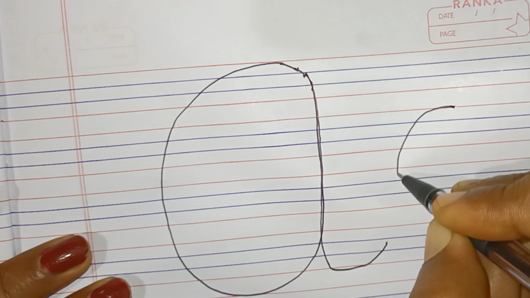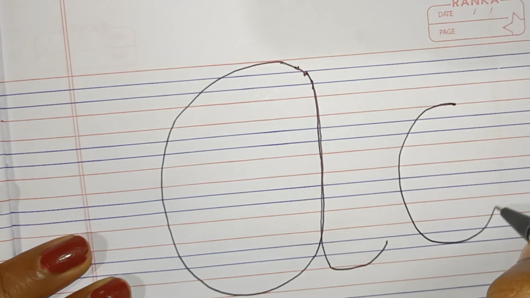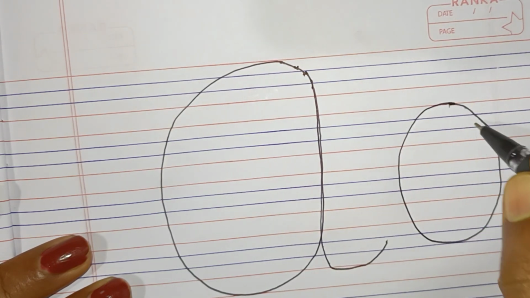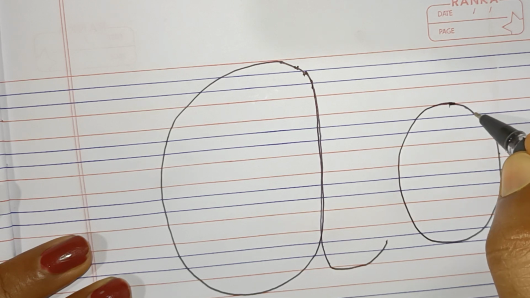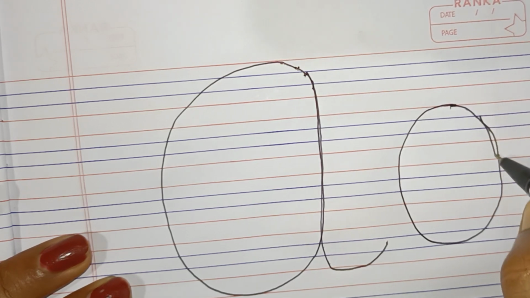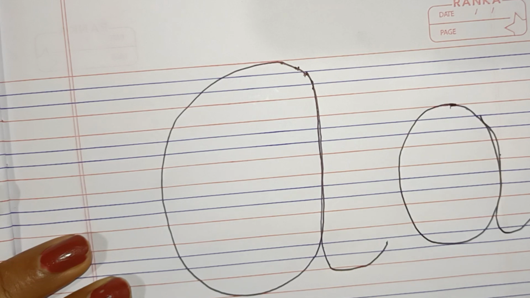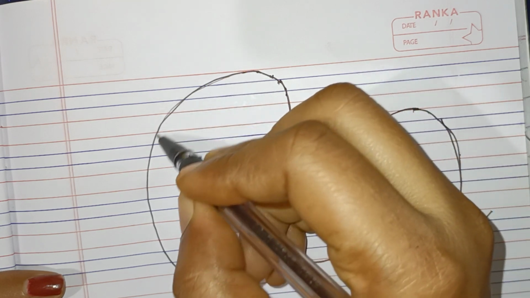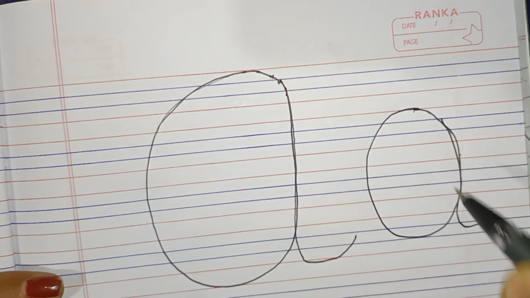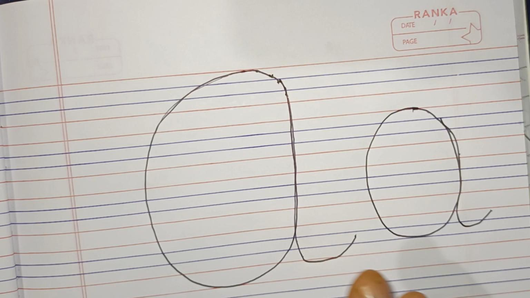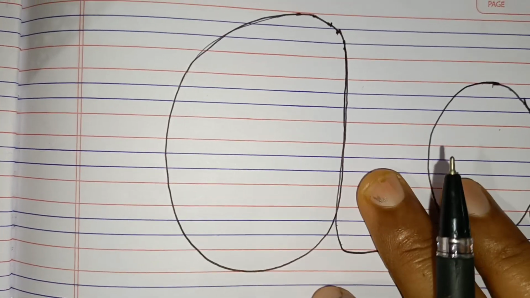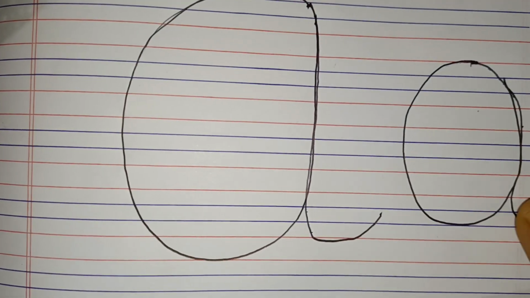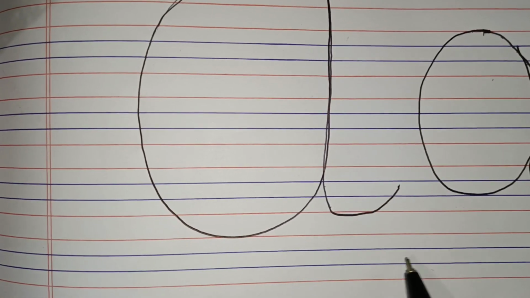Let's see one more time. First we have to make a circle, what we call circle oval, and after that from the top side of the circle we'll make a tail, and then we'll be able to write small a. Kids have to overwrite it. They will overwrite on this A many times on both of them, then they will be able to recognize the pattern of small a. After knowing the pattern of small a, now it's time to learn how to write a small a in these 4 lines.